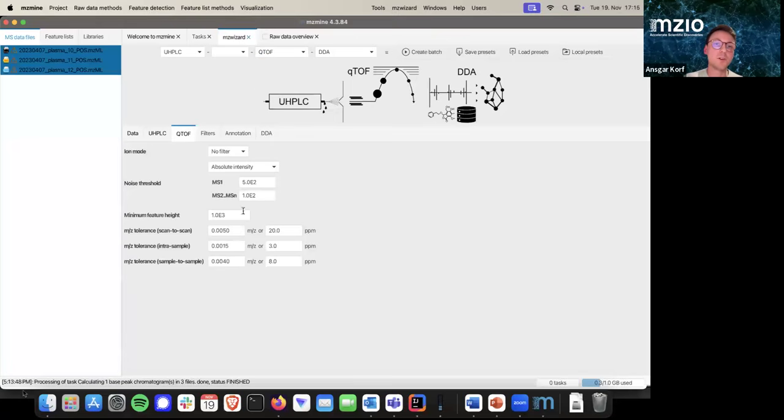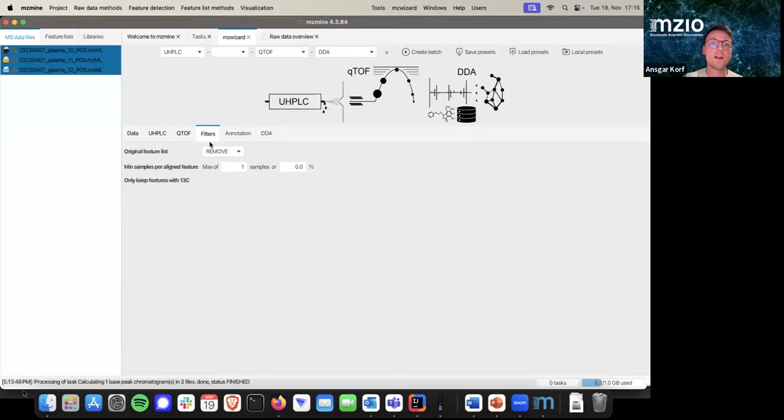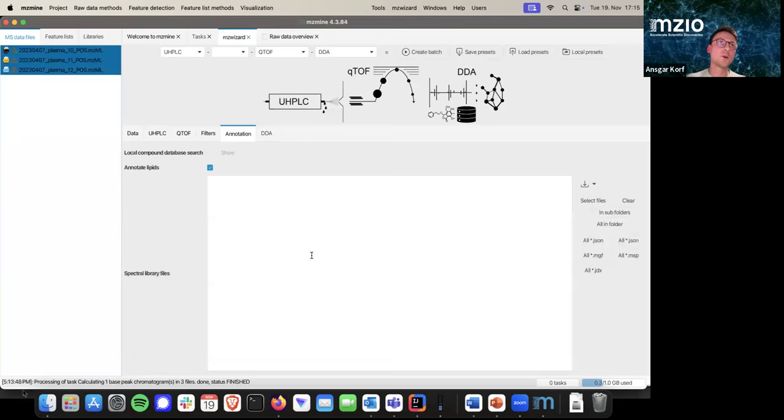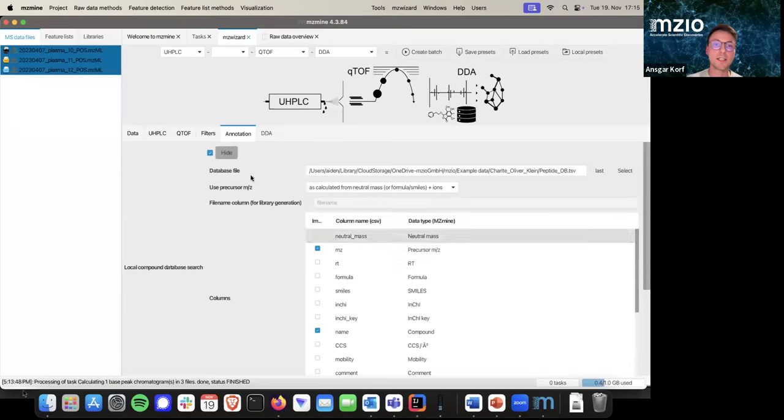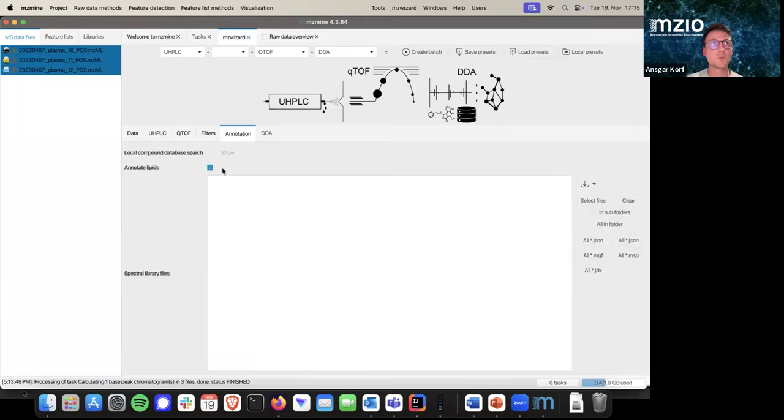Here it's important to add the noise levels, which we can obtain from the raw data visualizer, and the mass accuracies. I can filter here for many samples if, for example, I have a large data set. Here I just have 3 example files, so I don't need to really remove anything. And important here now is the annotation tab. We don't have any spectral libraries. We don't have any CSV file where we can do MS1 annotations with. We just want to